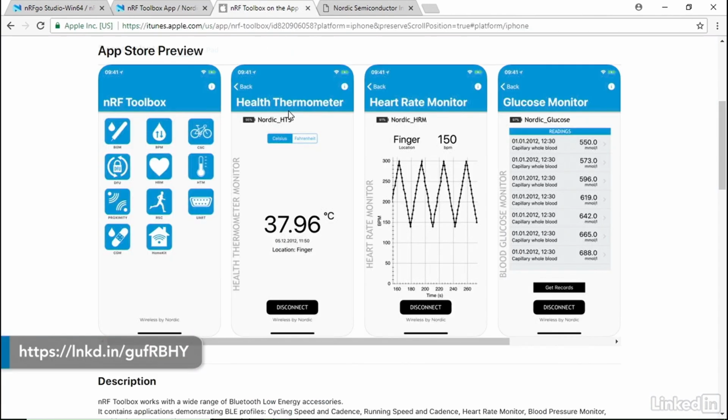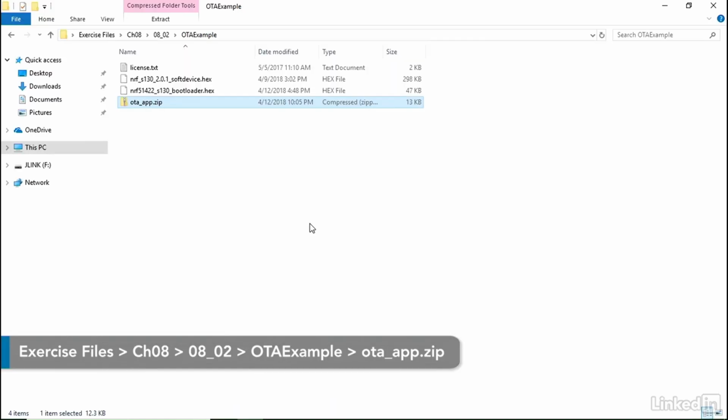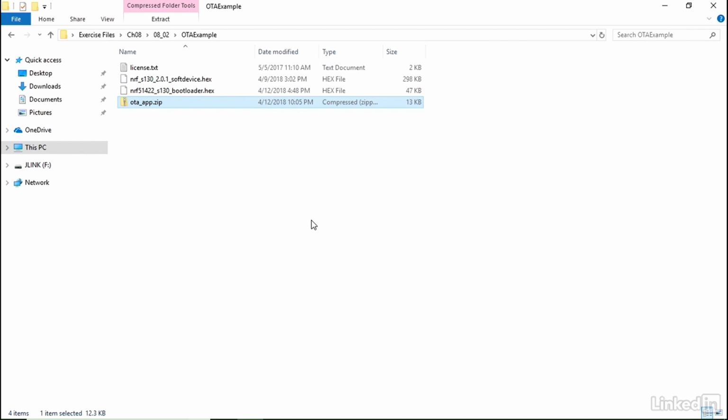If you open this app, there is a DFU menu which allows us to select the application package, including the application file in hex format, signed by the private key to validate its source. You can just use the OTA_app.zip package we've prepared for you. Our DFU target board should be discoverable by this app with the Bluetooth service called DfuTarg. I will leave this task to you. But once it's successfully done, the application running on the board can allow its